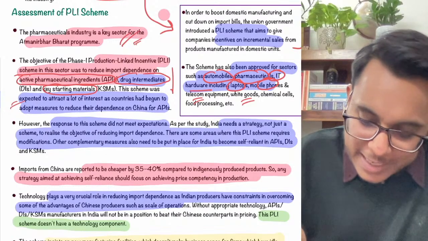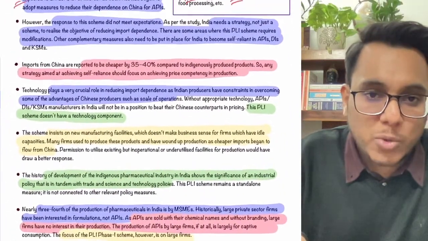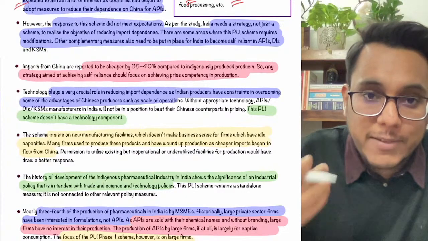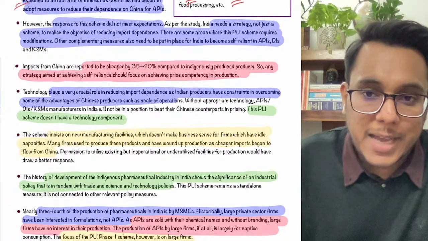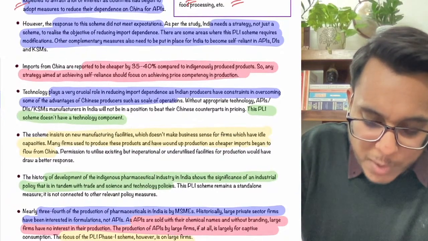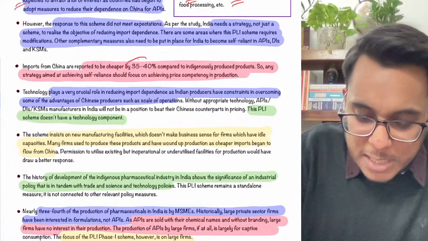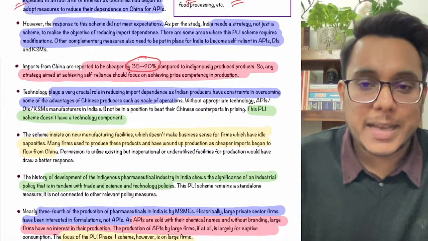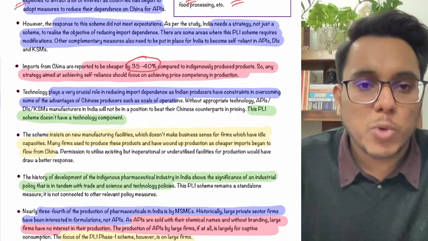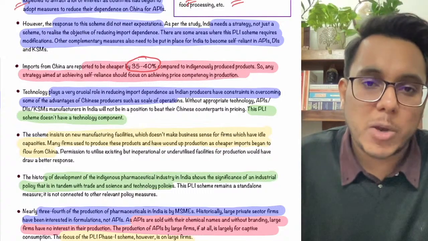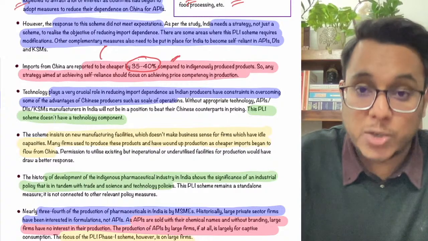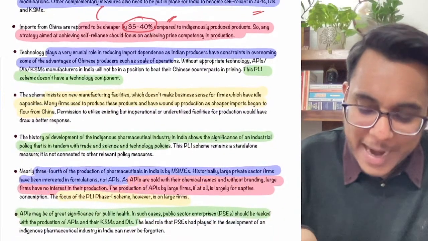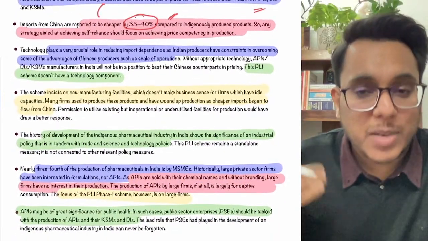So it has been said that if we want to build reliance in Indian vaccine manufacturers, medicine manufacturers, or the pharmaceutical giants, we need to focus on this component. China's pharmas are cheaper by 35 to 40%, but we are providing just 2 to 4% incentive. So we will never be able to compete with China. Even the PLI will not help us compete with China, because of the margin of 35 to 40%. Now guys, it has been suggested that we need to provide much more than these incentives.